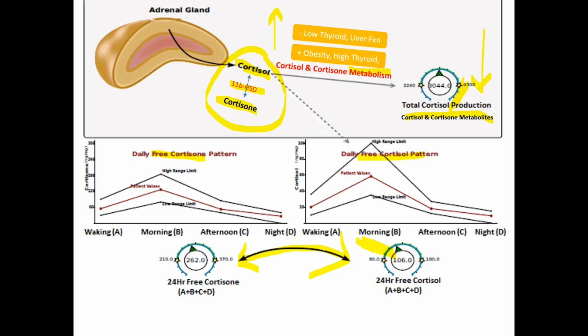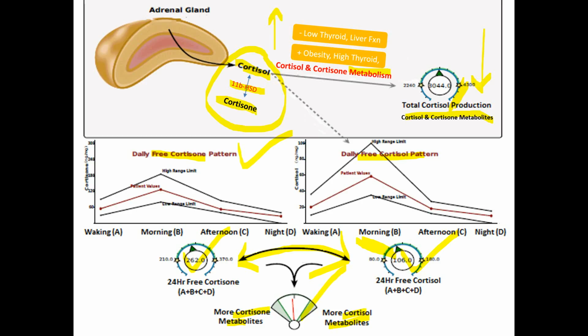The other issue that you can have here that will drive potentially down or up the cortisol at different times is overall in this back and forth metabolism between active cortisol and inactive cortisone, is there an overall preference? And it's tempting to just look up here at the free cortisol or the total of the free cortisol and cortisone to see which one sort of predominates. But what the scientific literature would suggest is that the best way to ask that question is to look at the metabolites of cortisol and cortisone, not the free hormone, because these represent such a larger fraction of the total that's made. So you want to look at that value and see, is there a preference for cortisol to stay in its active form, or is there a heavy